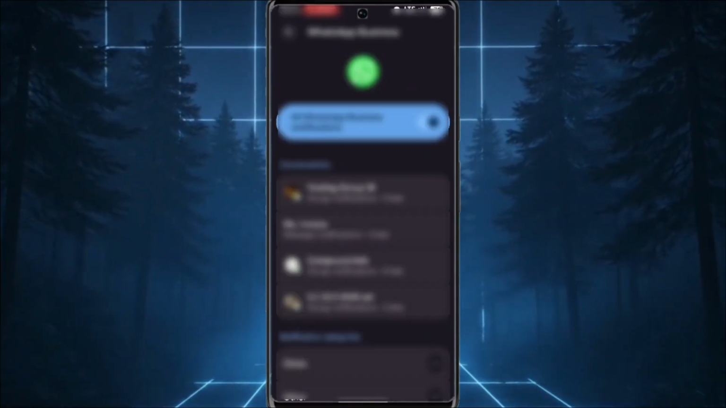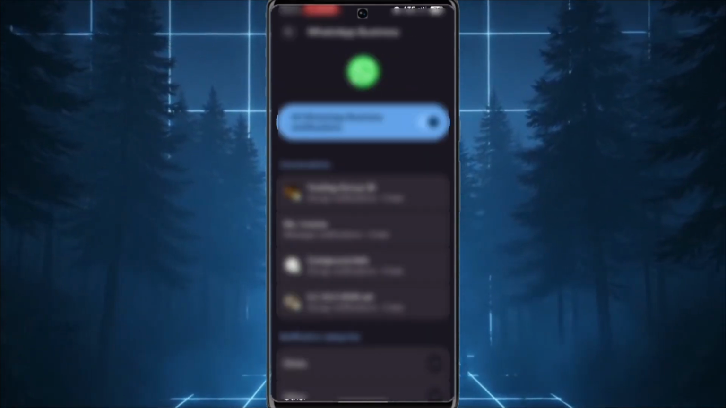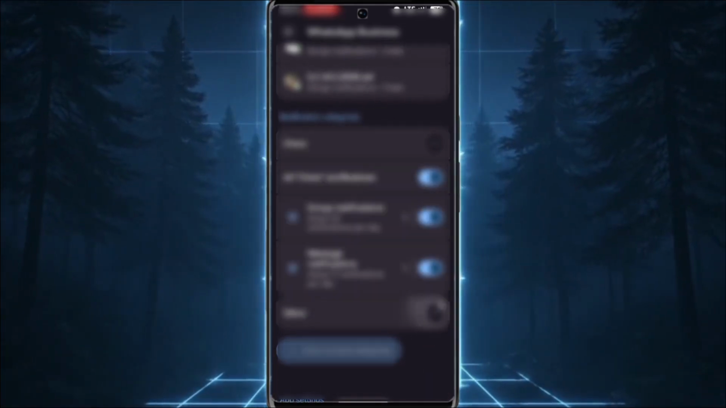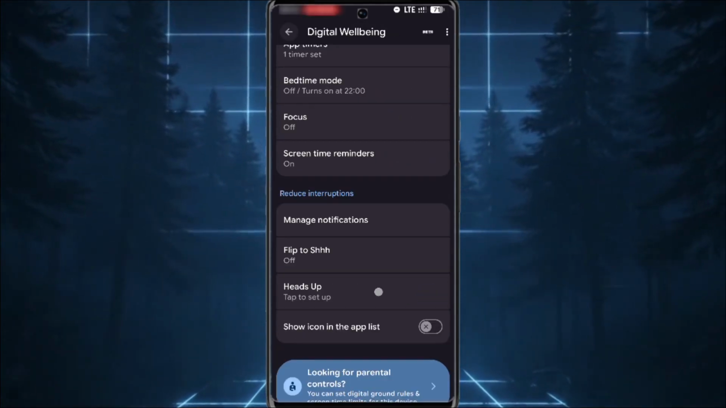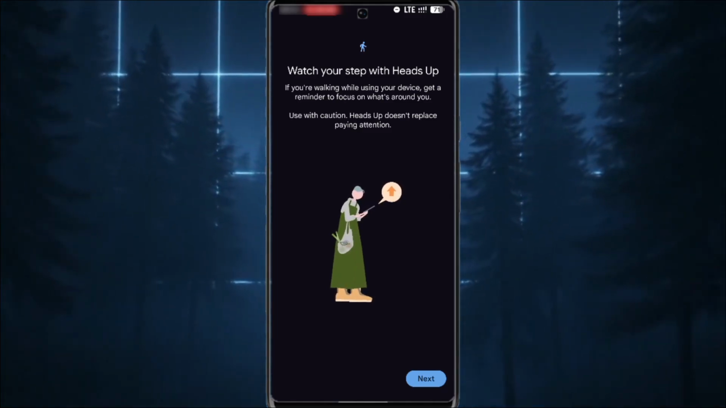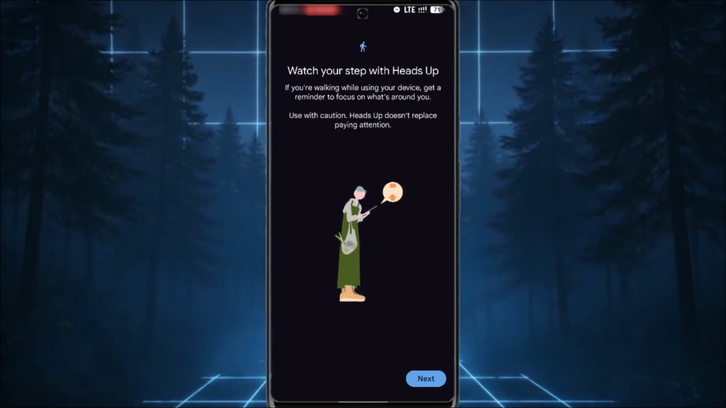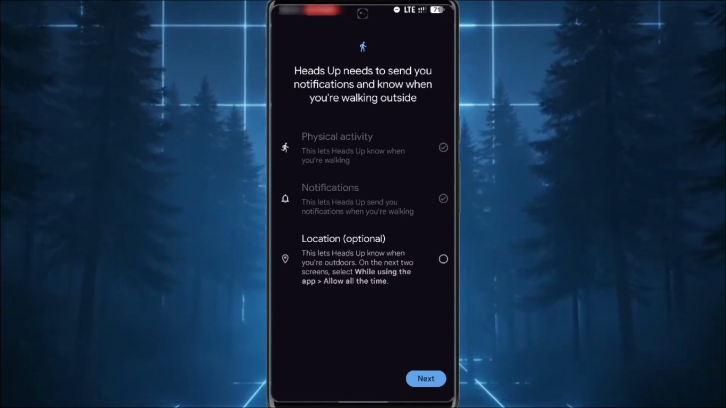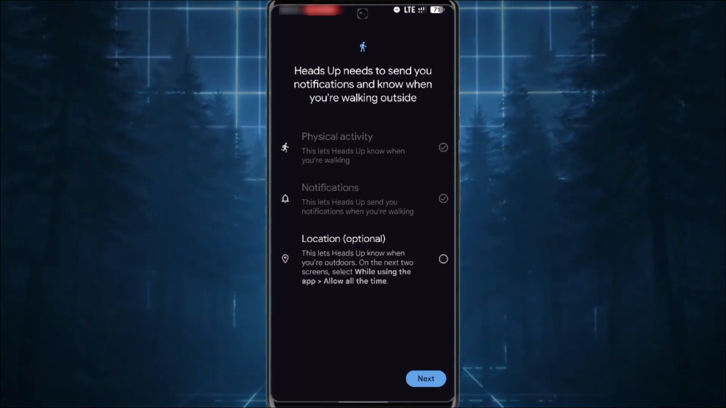You can tap on the app, and you'll be able to turn off notifications for the application, as well as manage other settings for chat and others. Heads up in this section is another useful feature. If you're walking on the road and you're using your device, you get reminded to focus on what is around you. To turn it on, simply tap on next in this section, and it has access to physical activities and